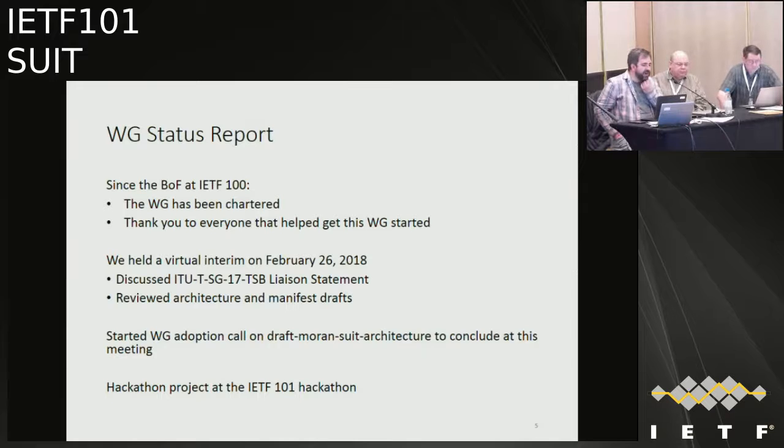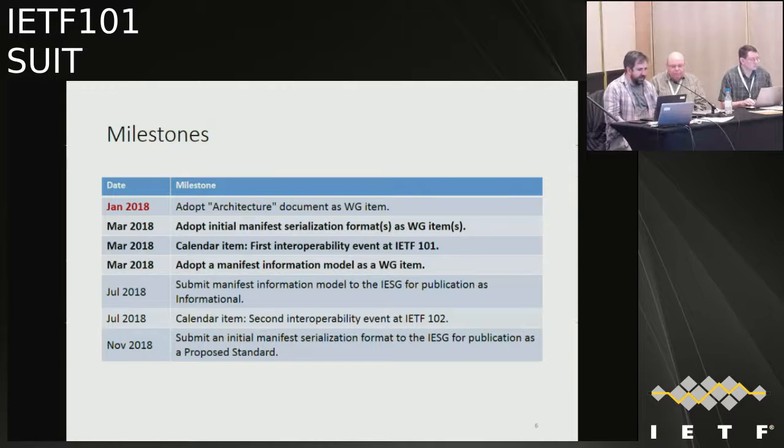Immediately after the virtual interim, we started a working group adoption call on draft-moran-suit-architecture, which will conclude later in this meeting. During the architecture section, we'll be taking care of that business. Also, we had a hackathon project at this IETF, and we'll be reporting out a little bit later about that activity. So milestone-wise,